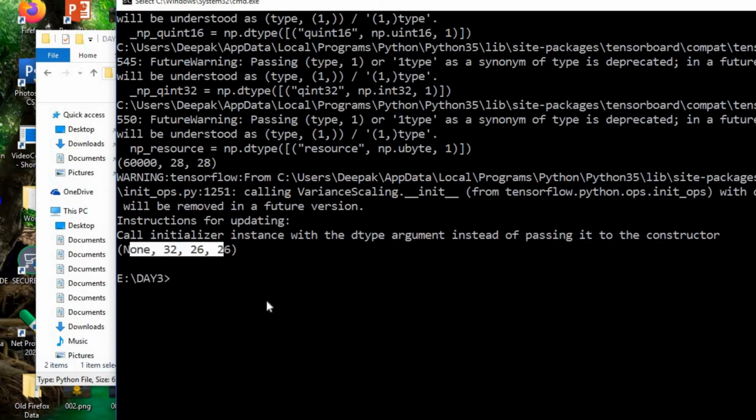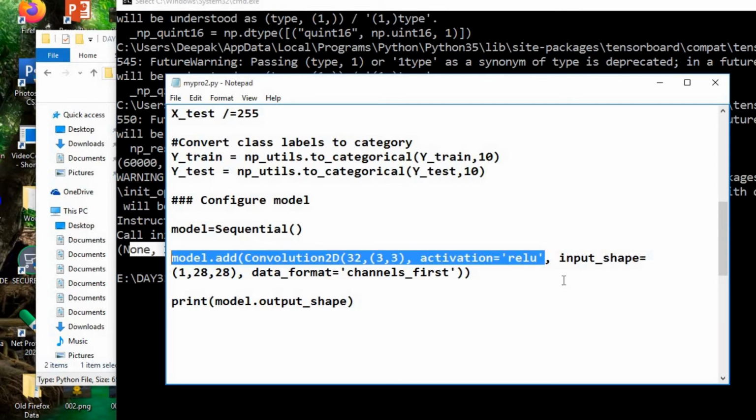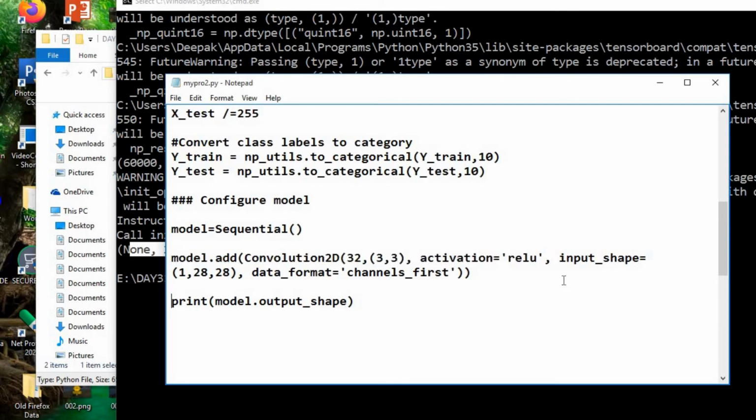Yes, so we have got the output from the convolutional neural network as none, 32, 28, 6, 26. Okay, well, don't worry, we are going to understand this convolutional neural network in depth, but today our main aim is to configure the network first.